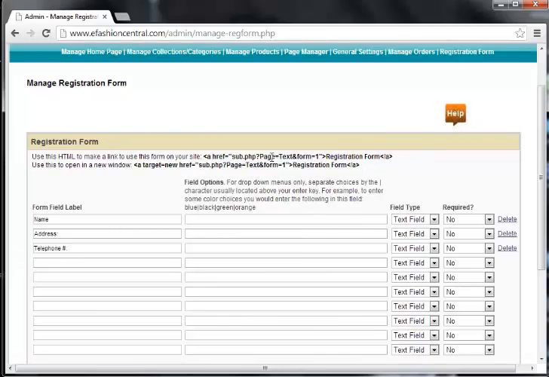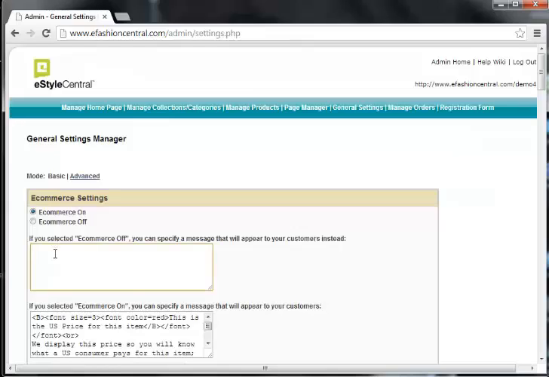It gives you the instructions in this help button, but you're basically going to copy this HTML, which will have a link to your registration form. So if you copy this and you put this in your general settings, you can say something like, you see it says registration form here. That's the text that's going to show. So if you type something like use our registration form, again make sure you have a space here and then a space at the end, use our registration form, this is what's going to show,